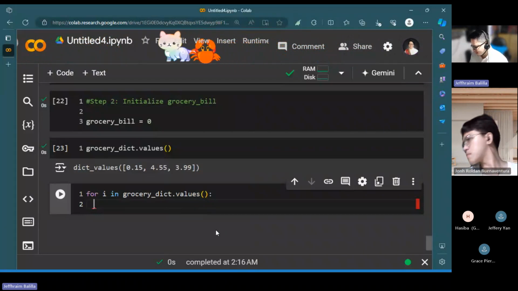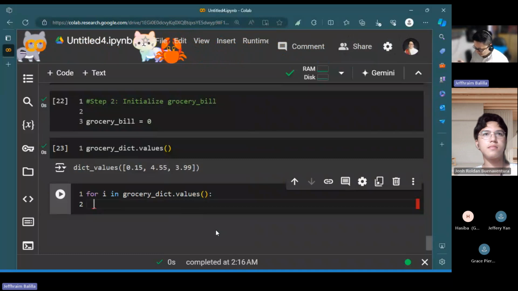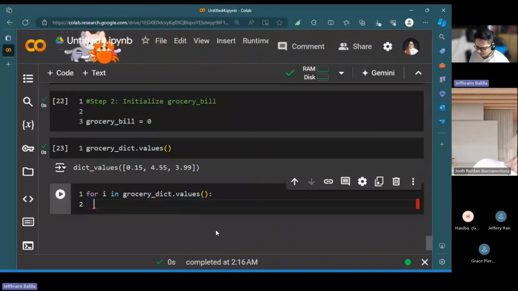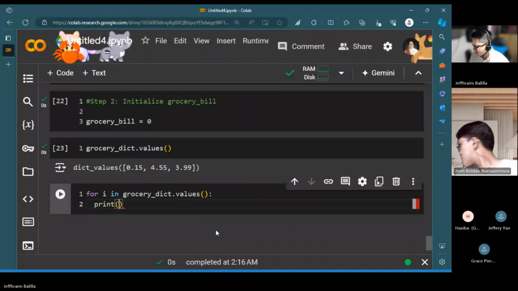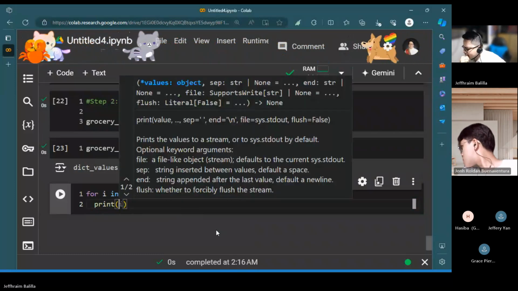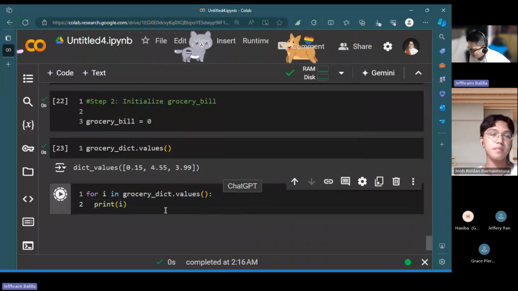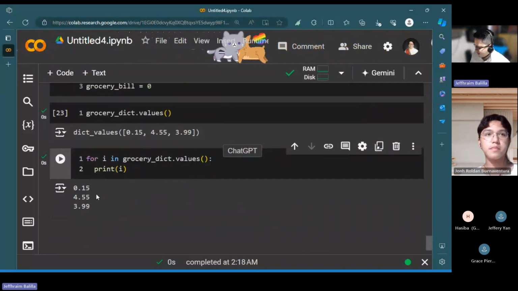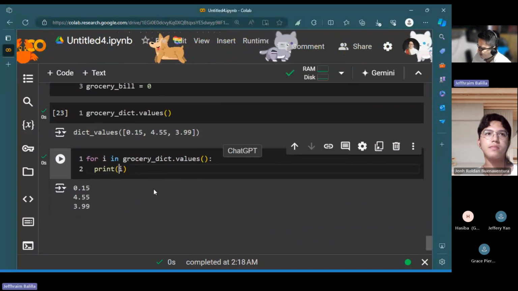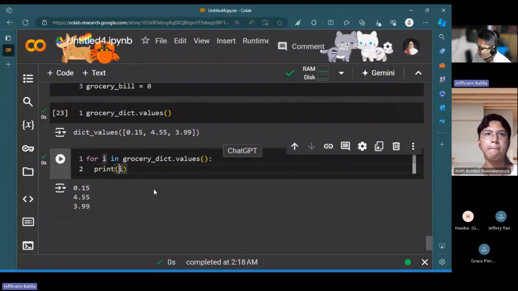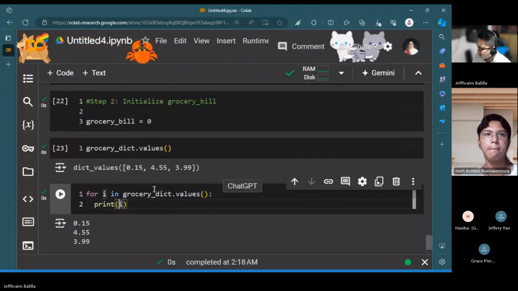So doing this would give us the values, right? And what we need to do is to print, if we print i, this would give us the prices, right? Aside from the prices, I may want to print also.